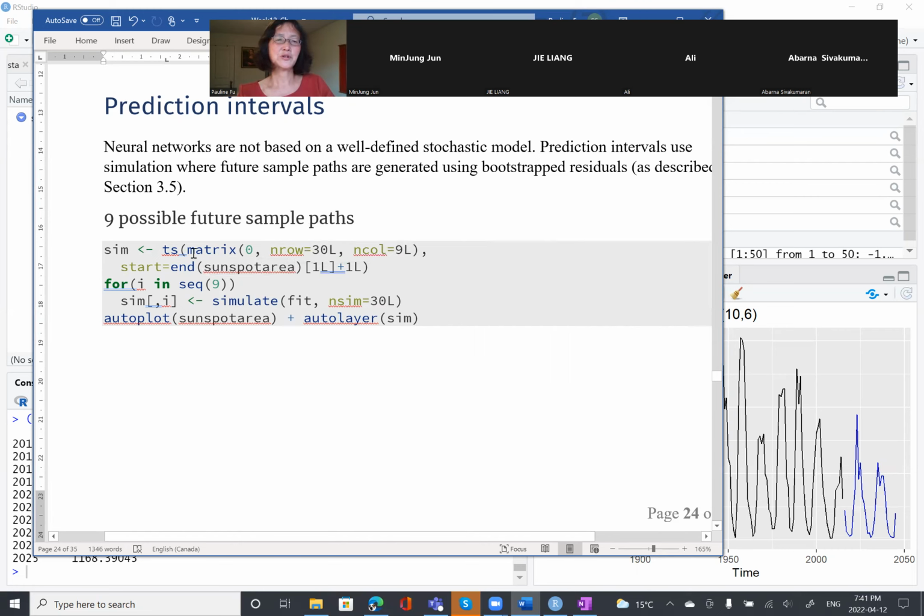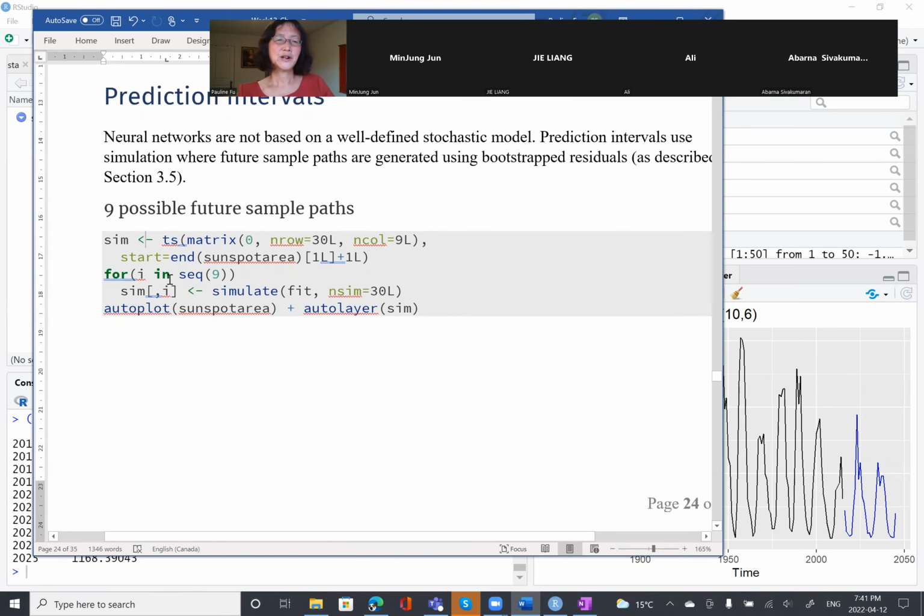But before that, we produce a matrix because we want 9 sample paths. Okay, so the matrix result is a time series. The result we put into SIM. And then we do the loop. We do this for loop 9 times. Each time,